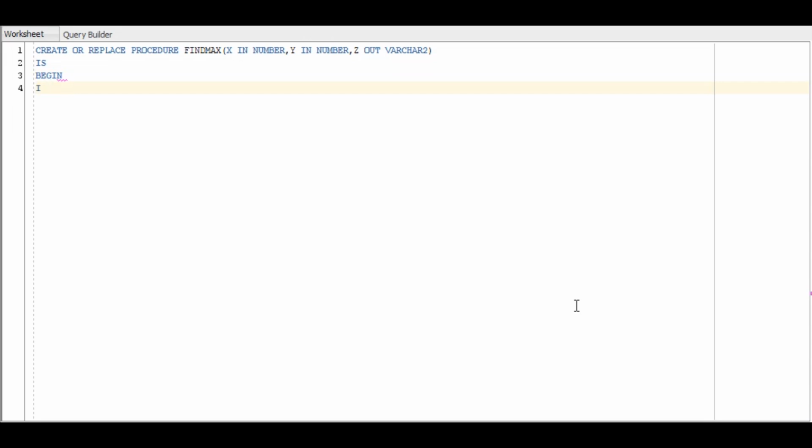Now we are starting with the executable section, as there is no variable to declare in this procedure. Here we are defining an if condition in which we are checking whether y is greater than x. So if y is greater than x, then maximum is y.